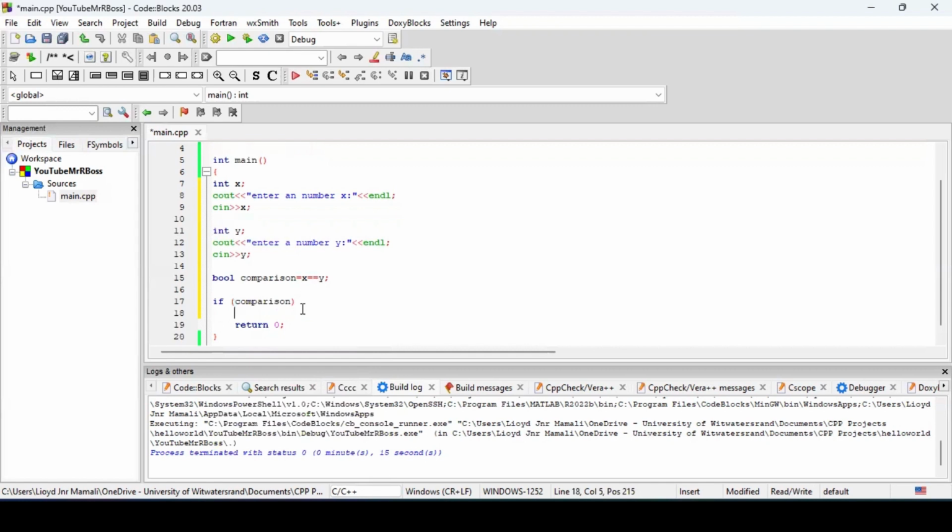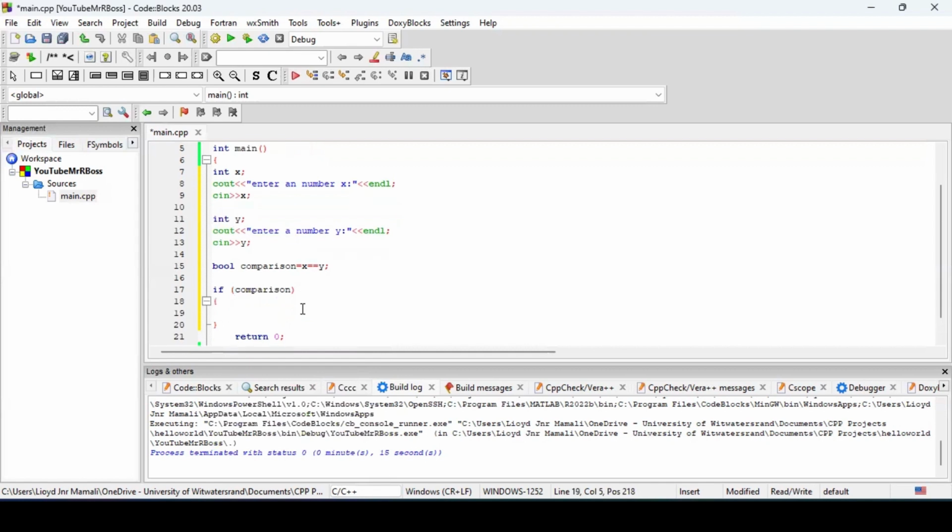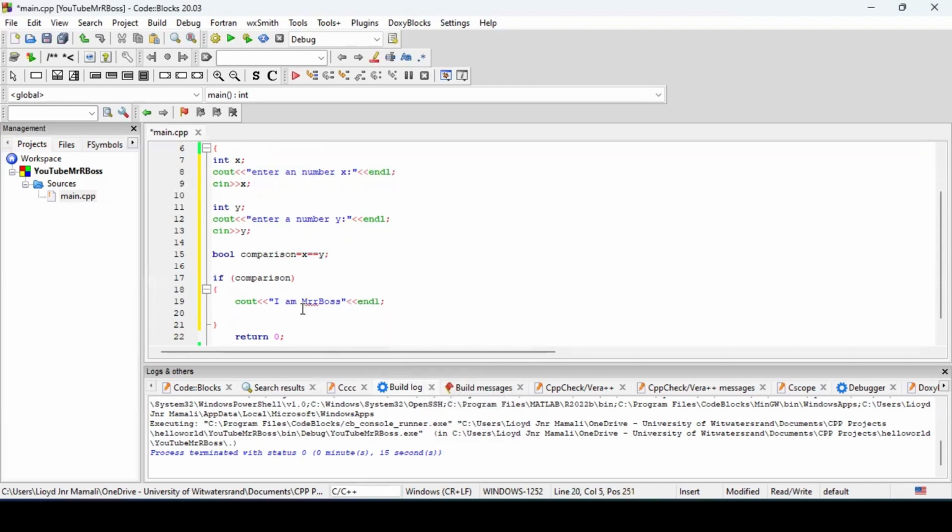and then open and close braces, and then I'm going to say cout, I am Mr. Mrrboss, and endl. And then now with if statements, what you need to do is, let me just run this block of code